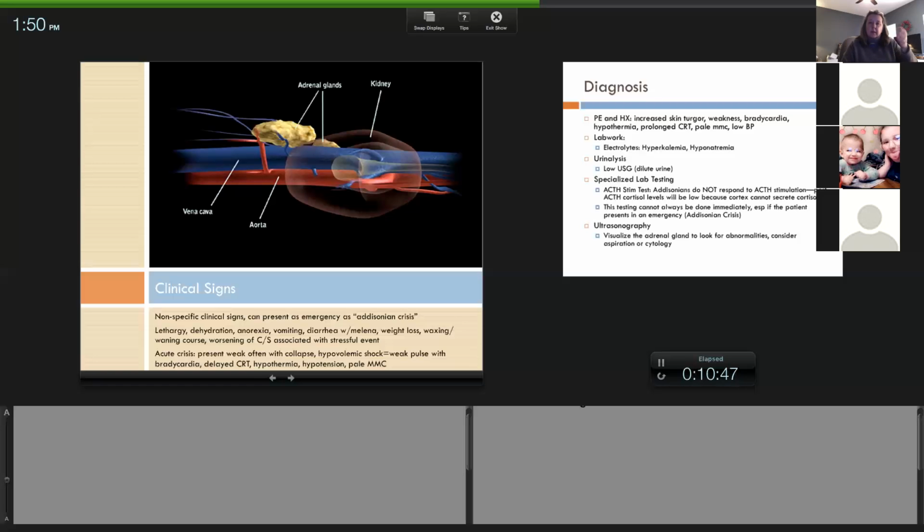Now, sometimes you can feel a pulse, and I don't know if I've told you this before, but if you can't feel a femoral pulse, it's safe to assume that their mean blood pressure is below 60. Normal mean blood pressure is supposed to be 60 and above to maintain adequate perfusion to the tissues, to the kidneys and to the peripheral tissues. When it drops below a mean of 60, the body starts to take the blood from the periphery and centralize blood flow to prioritize the core.